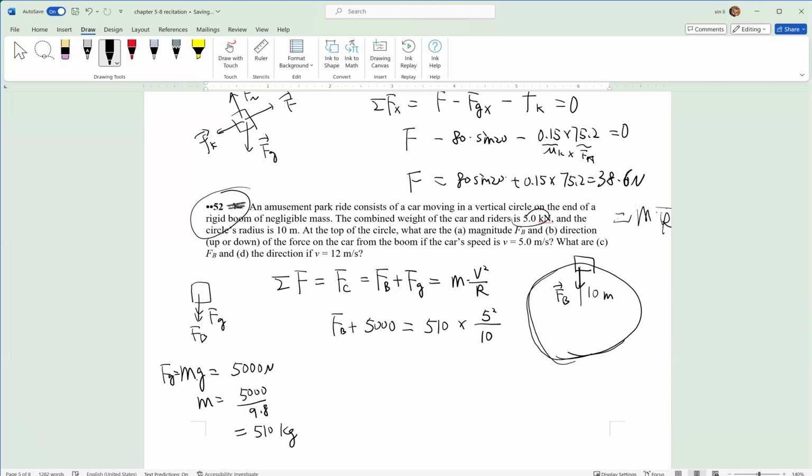Okay, so when you do this calculation, you'll get your FB, which is negative 3724.5 Newton. So this is negative, it's the opposite direction of our assumption. So FB goes up and the magnitude is